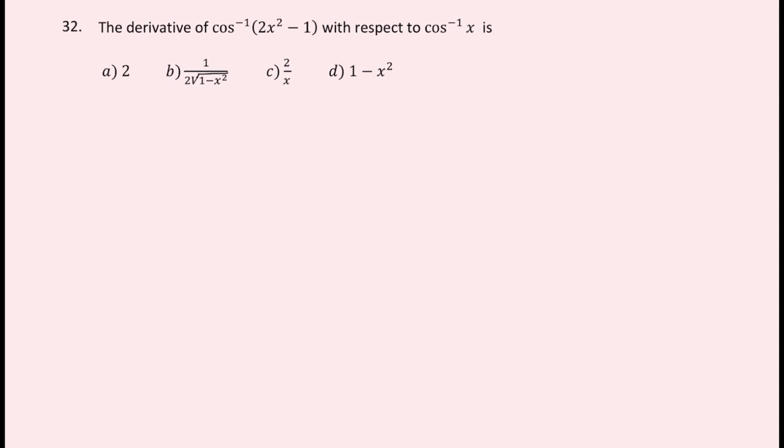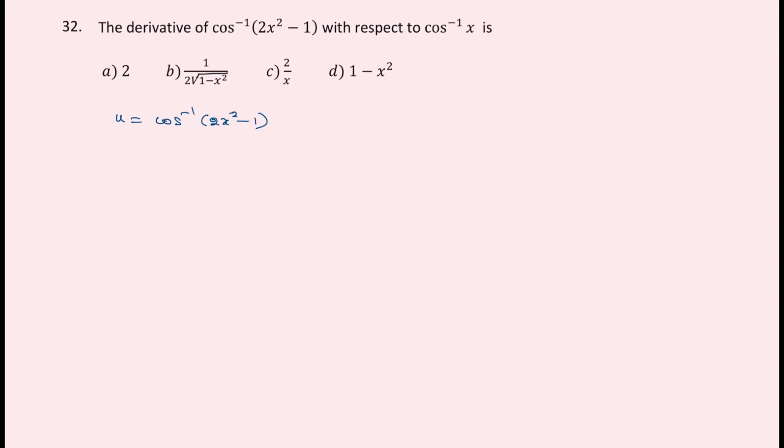Next question, 32. The derivative of cos inverse of 2x square minus 1 with respect to cos inverse of x is. This is an important question. Usually we do the differentiation with respect to a single variable, with respect to x, with respect to y, or with respect to t, or with respect to theta. Here we are differentiating one function with respect to another function. So the method is we will take the first function as u